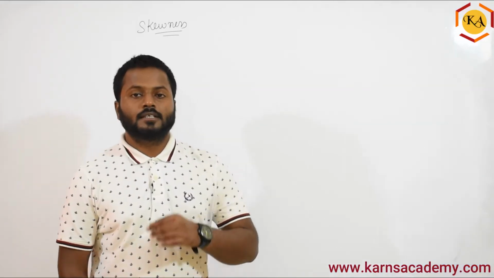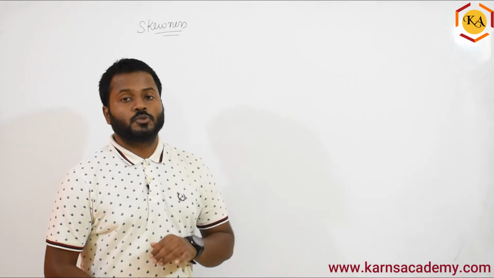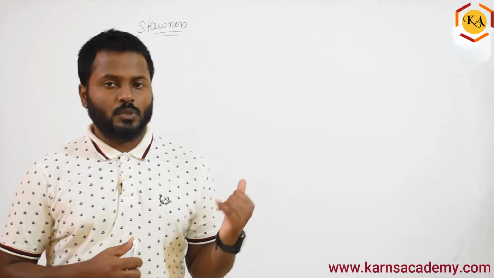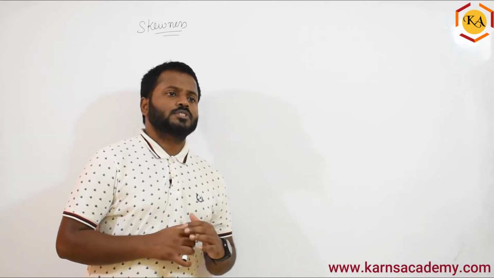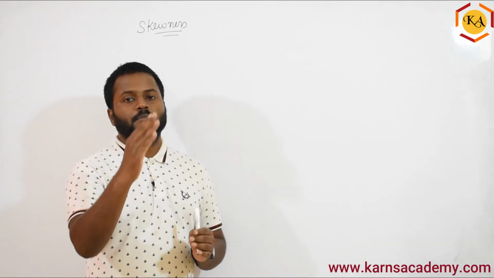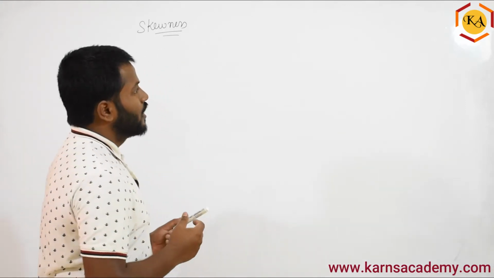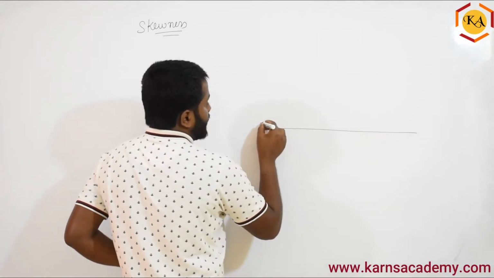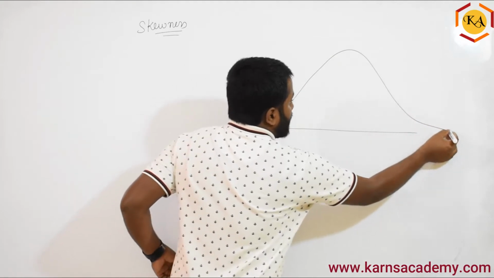Hello and welcome back. So next, let's discuss skewness, and this is one of the important topics because you will have one of the 10-marker questions from here. What we are going to study in this is the shape of the data. Whenever data is given to you and you plot it, what kind of shape does it give? Generally we measure the data and we assume that all the data should be in a bell-shaped curve.